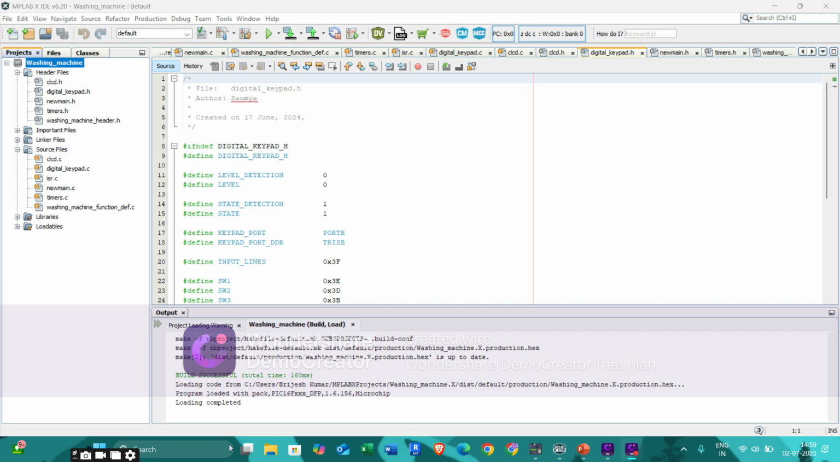So this is our MPLAB X integrated development environment for developing different embedded applications. Like, I have done this washing machine simulation using this MPLAB IDE and PICSimLab. I have named this project washing machine, which comprises different files, in which I have header